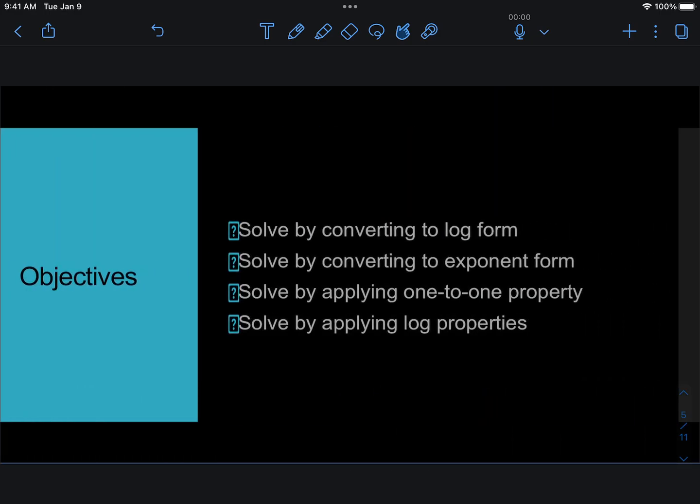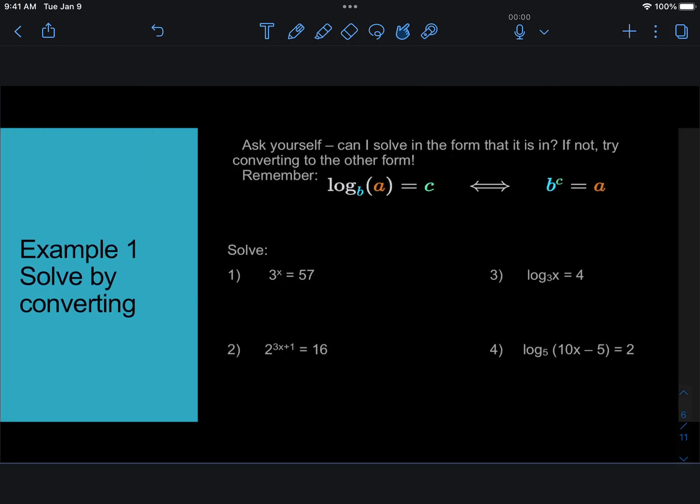So in this video, we're going to be solving by a few different methods. These are the different methods: converting to log form, converting to exponent form, applying what are known as one-to-one properties, and then applying our log properties. All right, so the first example,